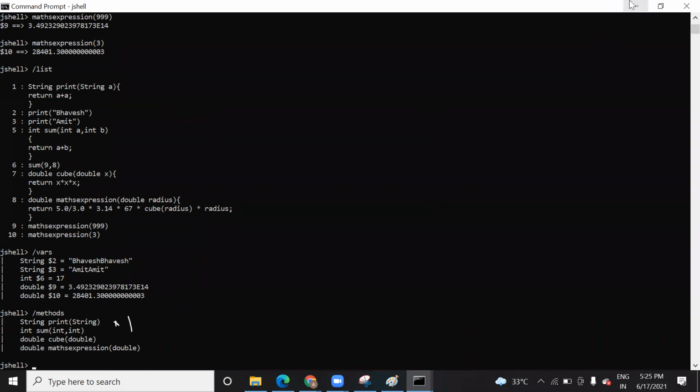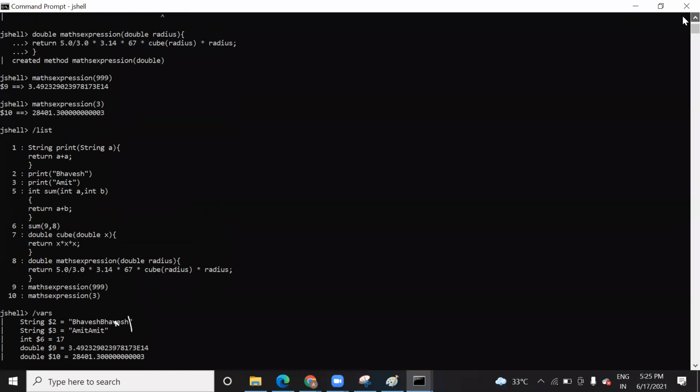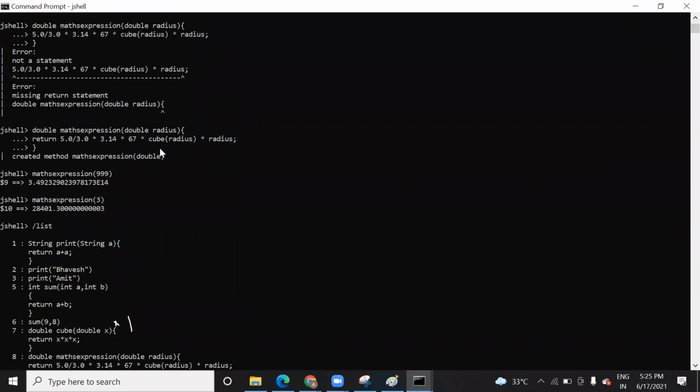Yes. So this is where you can do it in JShell. You can play with JShell. As I said, the use case of JShell is that you don't need Eclipse to check every method, just like we checked this math expression. If you want to check it on your system without writing the whole class, main method, and importing the package, you can just open JShell and run this, because JShell is scripting based.